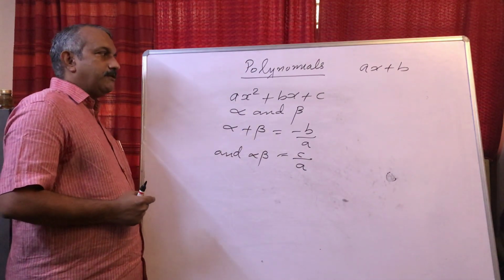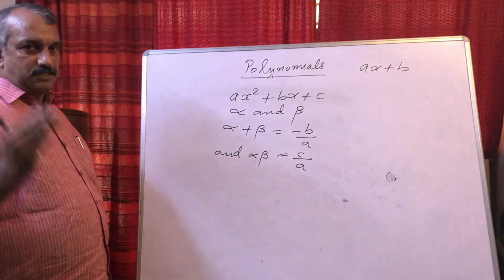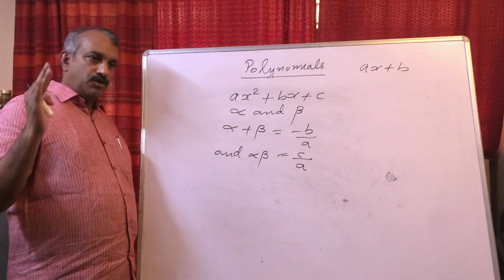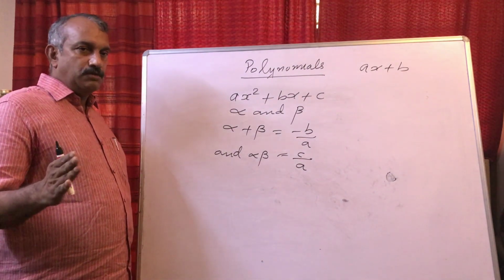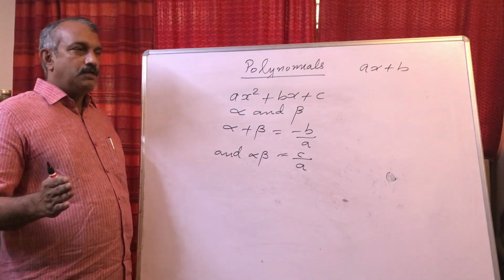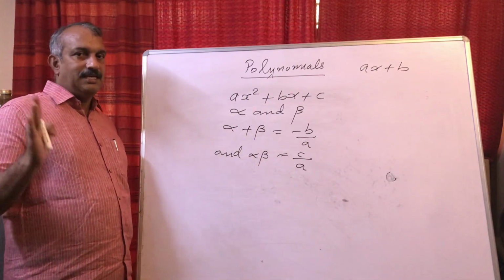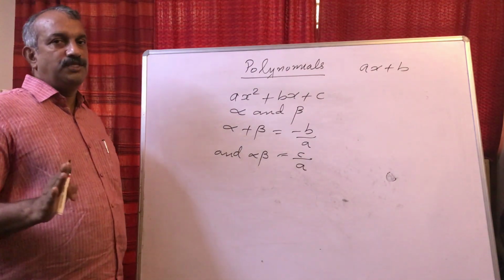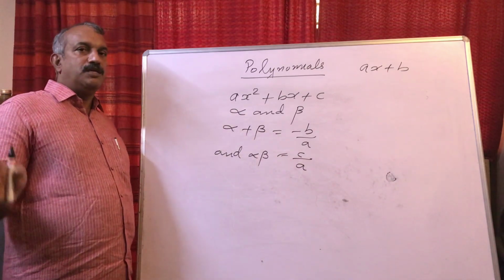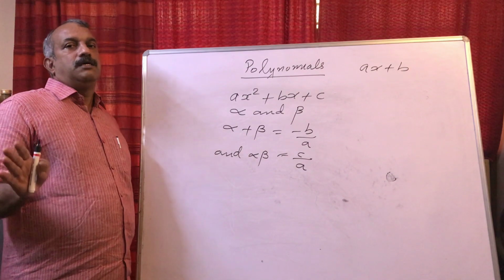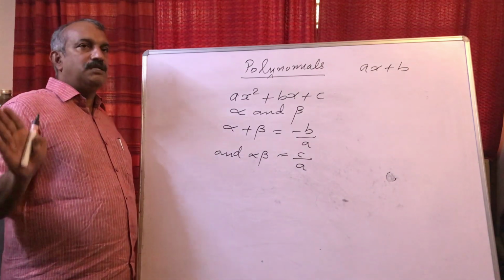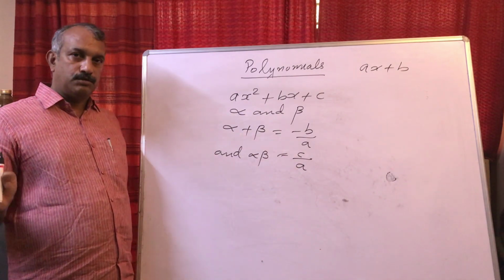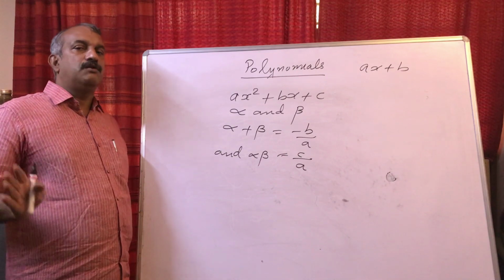So see the property once again. Three properties we have learned. First one, relationship between number of zeros and graphical representation. The number of zeros of a polynomial in x is equal to the number of points where the graph is intersecting the x-axis. Second one, relationship between degree and number of zeros. The number of zeros of a polynomial is equal or less than the degree of the polynomial. If the polynomial's degree is 4, it can have maximum 4 zeros, and maybe no zeros also. It can be 4, 3, 2, 1 or none.